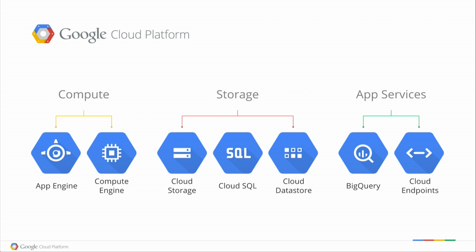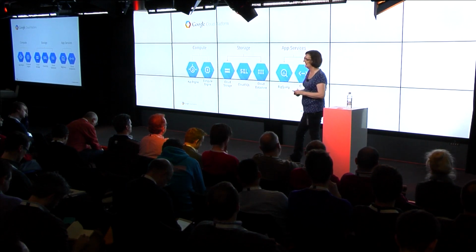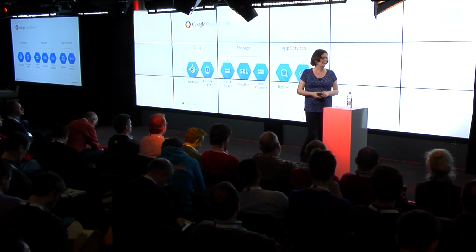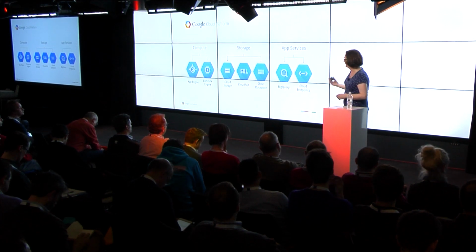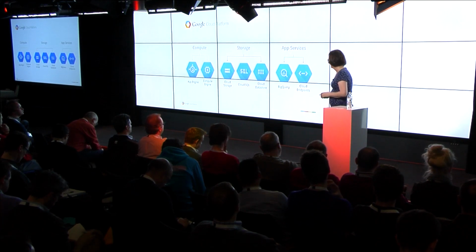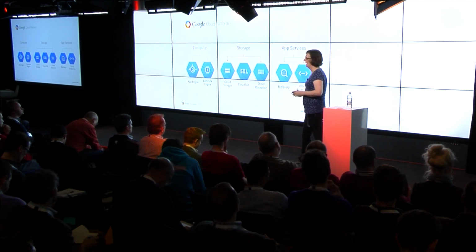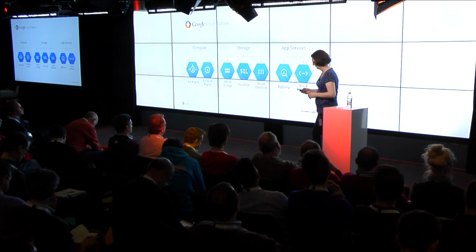Then we have application services such as BigQuery. I mentioned BigQuery before, but imagine the need for running analytics very quickly across your data, either interactively or through an API. BigQuery is effectively an API, but it has a console that you can use to interactively query your data. It runs very, very fast. It has an SQL-like syntax and can run across terabytes of data in seconds, billions of rows of data. Then we have Cloud Endpoints, which we'll expand on more, which effectively allows you to build APIs that are your interface into the cloud.